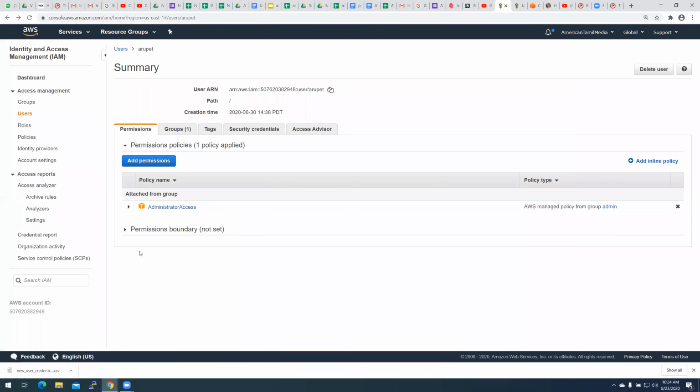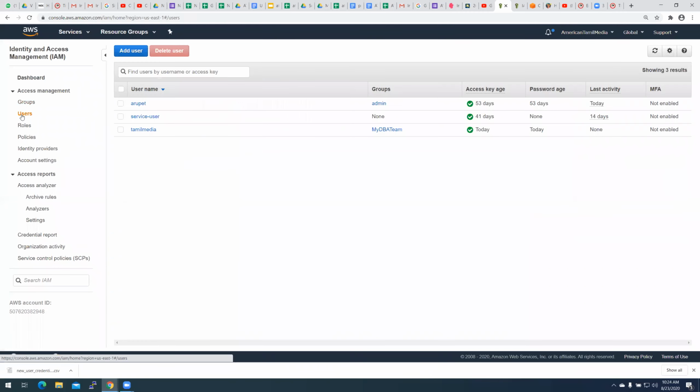Okay, so I know it is not easy to remember all those things, but at a high level, I just want to summarize one more time. You have users, and you set your users' security at a high level.